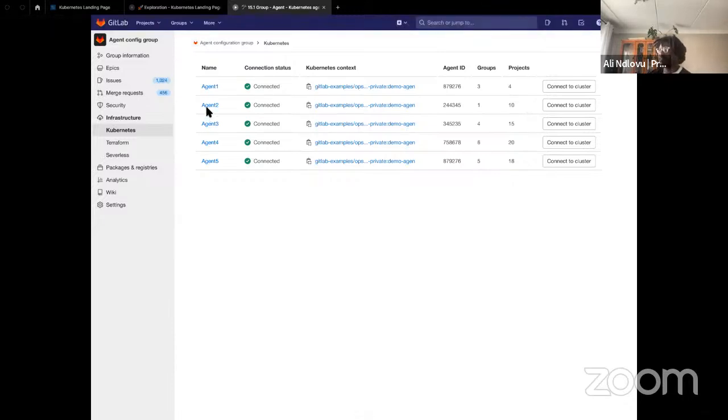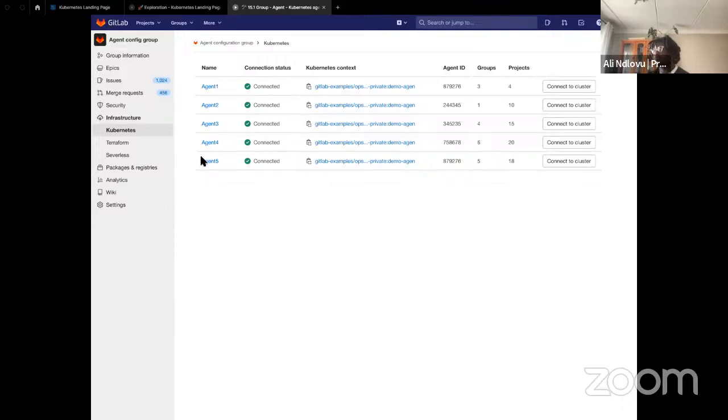Some of the feedback we got was that users wanted to see some of the information immediately available here, so a way to expand this table and provide additional information without navigating into the agent detail page. Although it's a good insight, for agents that have 20 groups, for example, we won't be able to list